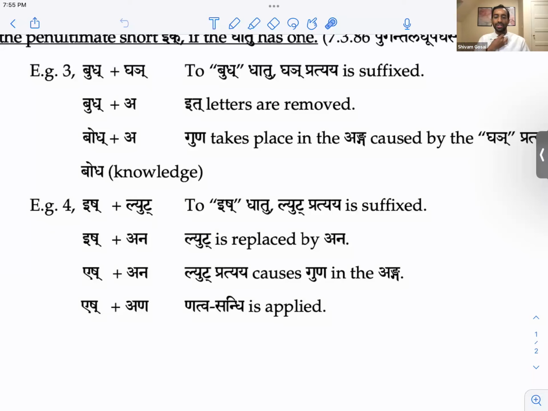You get natva sandhi, eshana altogether. Desiring, or that which is desired, depending on the intention of the speaker. Okay, any questions with this before we move on?